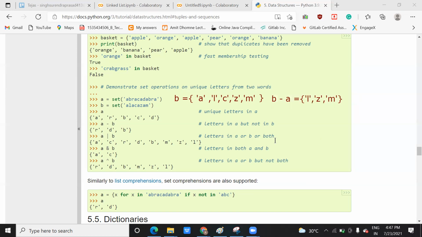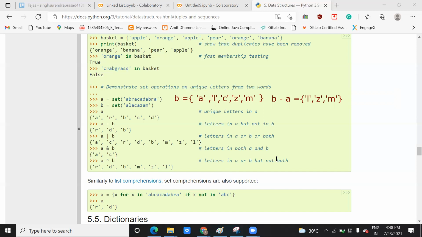Now if I say you, this pipe operator, this is the pipe operator for OR. So it will combine the elements of both that are present in A and B. So you can write down A, L, C, Z, M, then R, B, D, meaning letters in A or B or both. It means that the OR operator will print the elements which are present in either of these two or in both. Okay. Similarly, when you do the AND operation, it means intersection. You can think of it like an intersection. You know about intersection, union, intersection.